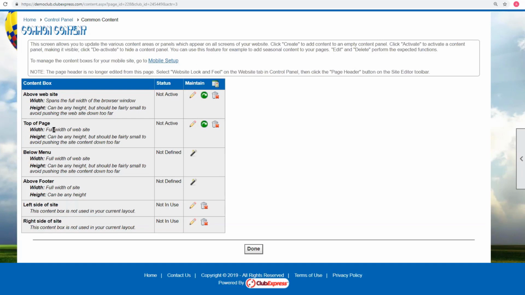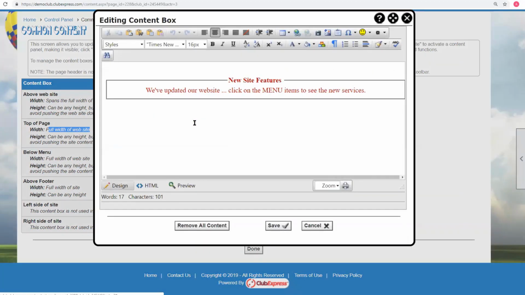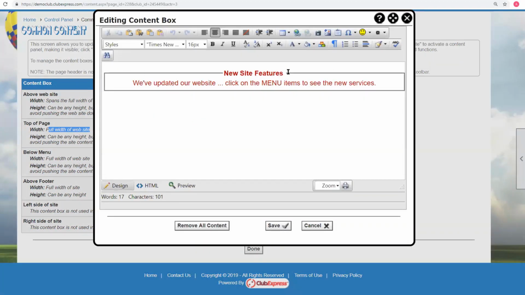And this is the full width of your website, which may be different and likely different than the full width of the browser window. So the full width of my website right now is this area here, this white area. And in this case, what we did was we put up a little border around that says new site features. We've updated our website. Click on the menu items to see the new services. So if I save this,